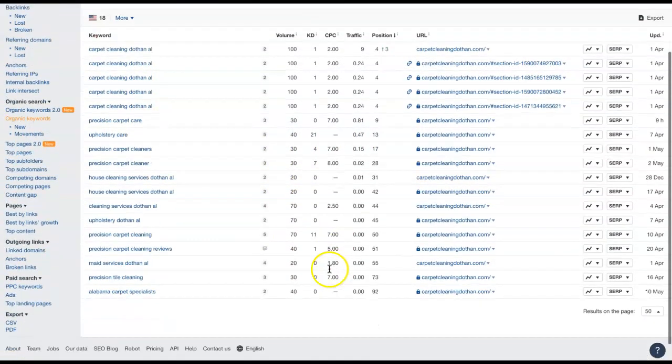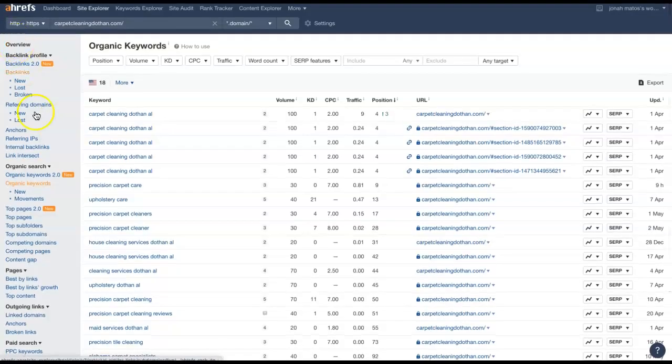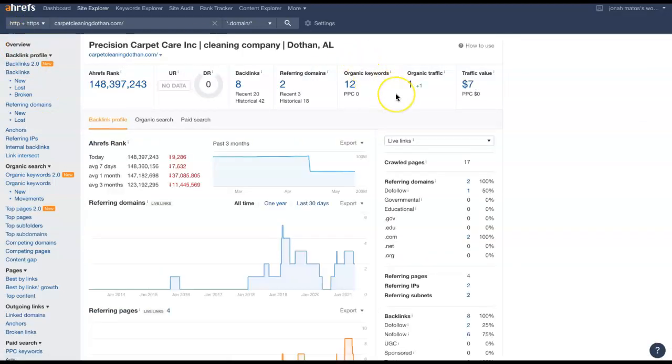So typically, the more keywords we put in our content on our site, the more times those specific keywords appear, so maybe Precision Carpet Cleaners appearing four or five times throughout your site, the easier it's going to be for Google to rank you for them. So just getting content alone on your website will allow you to rank for more keywords, getting more traffic coming